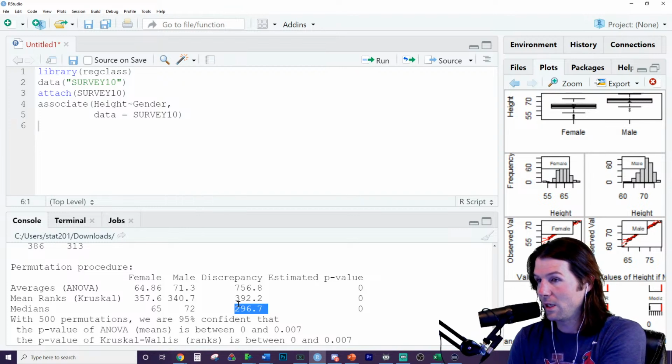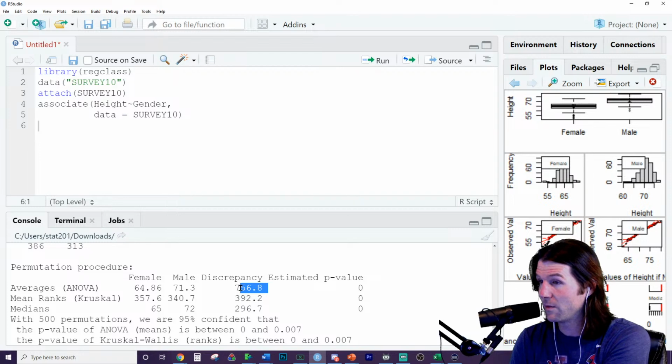So when you think about this right here, we're observing a lot more variation, or about 756 times the variation than we would have expected due to random chance. So there's a lot more variation being observed here than we would have expected due to random chance between the groups. The variation looks to be something that is very unlikely by random chance, 756 times more than we would have expected by random chance.